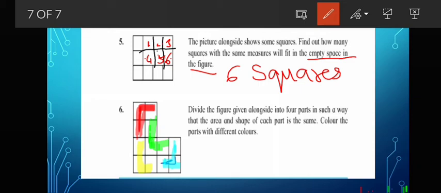It looks like an L. And here also, see, now I will color it properly to show you. So you can see we have divided it into 4 equal parts.